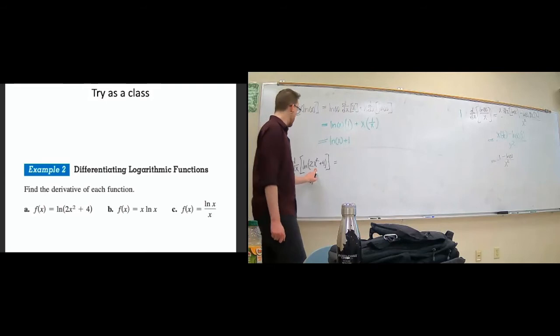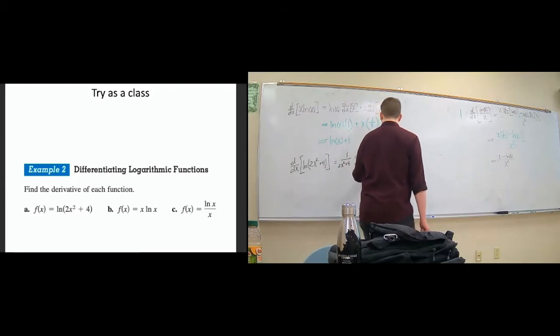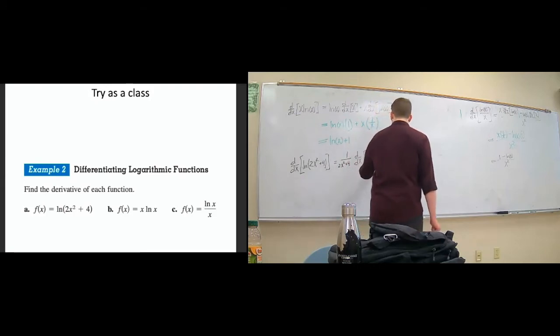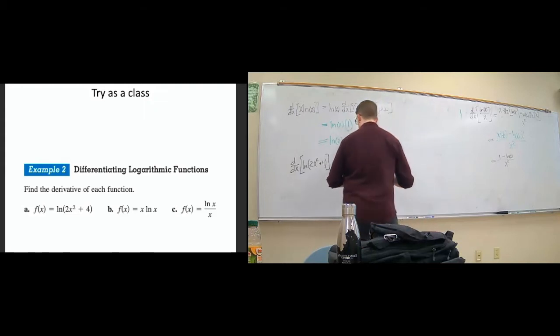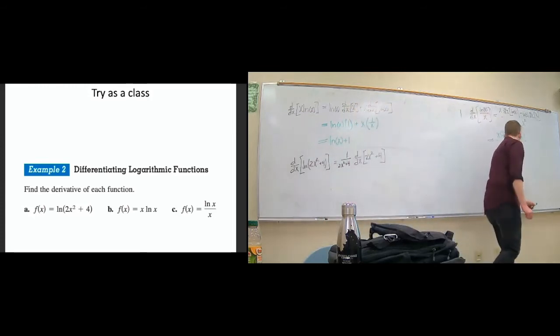So that's going to be 2x squared plus 4. 1/(2x squared plus 4) times the derivative of 2x squared plus 4. And that is going to give us